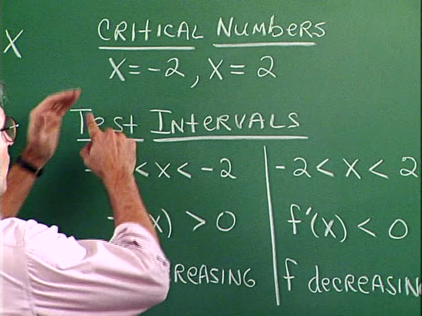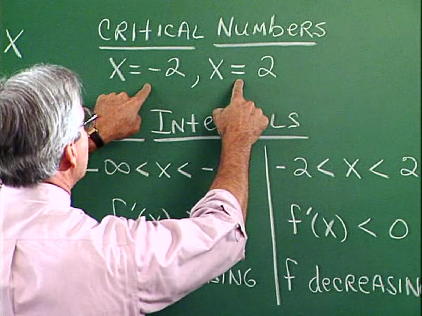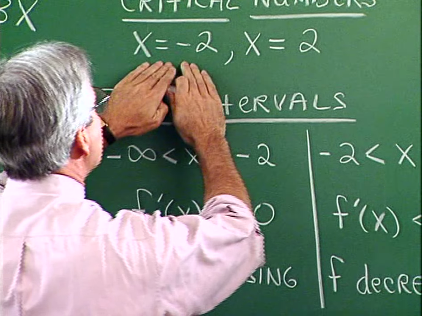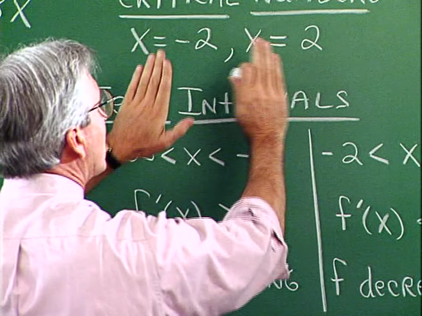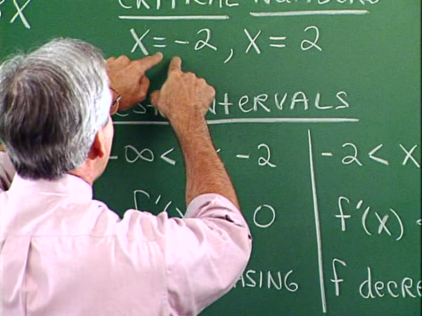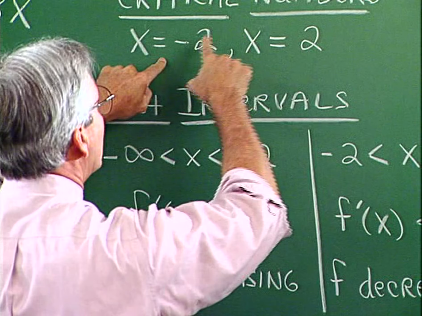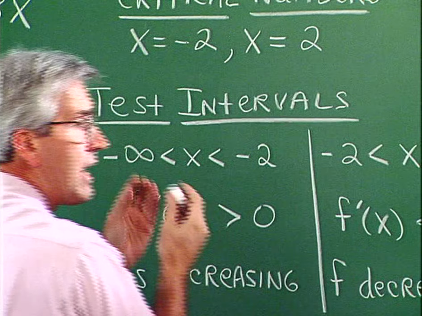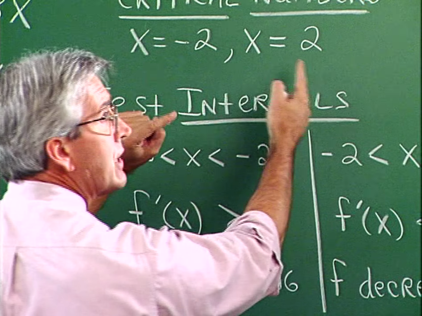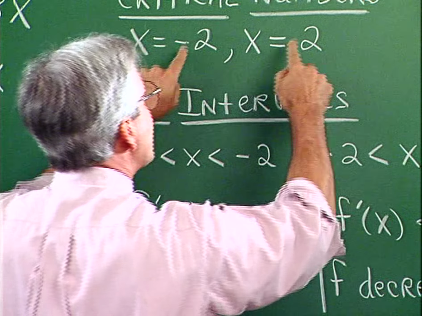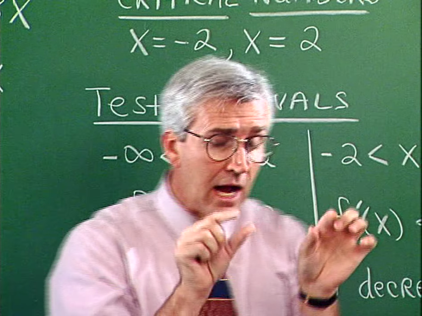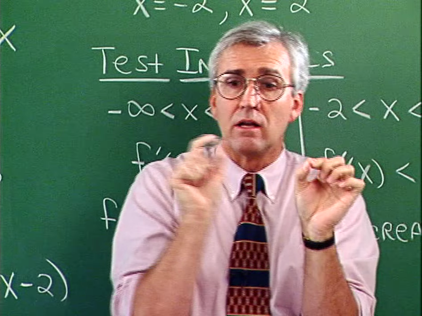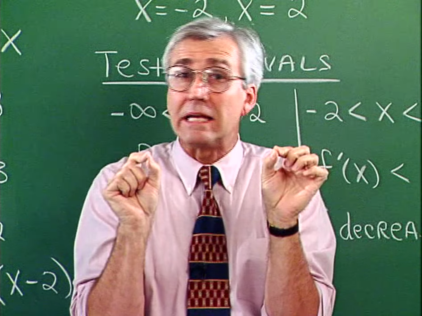Now, we form intervals. Here are critical numbers. The intervals that we form are the intervals around these critical numbers. To the left of that critical number, to the right of that critical number, and between these two, and then to the right of this critical number. If you think of these numbers on a number line, you just take these numbers and divide that number line according to those positions, and then you want the intervals that these critical numbers break the number line